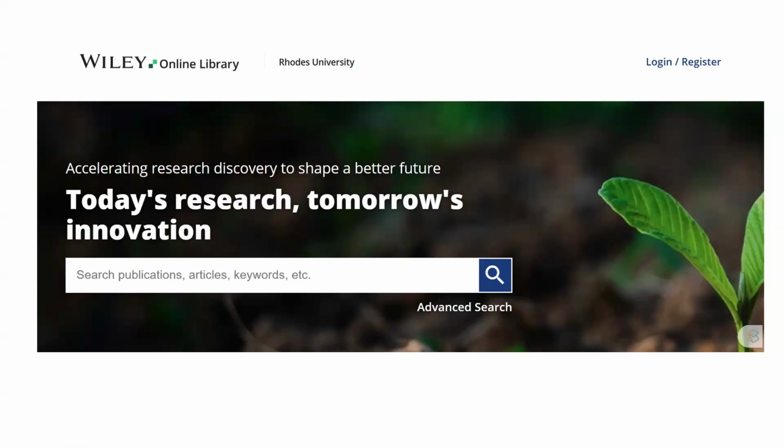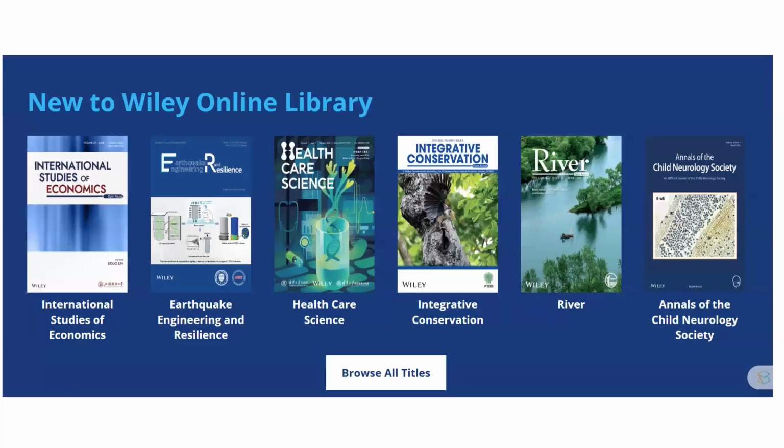So if you're searching for resources and you see that most of the resources or all of the resources for that matter, you don't have access to, it usually would happen that you're not signed in or you're not recognized as a Rhodes University student or staff member. Another thing that the Wiley Online Library does is that it will allow you to browse titles, but it will also list new titles that have been added onto the